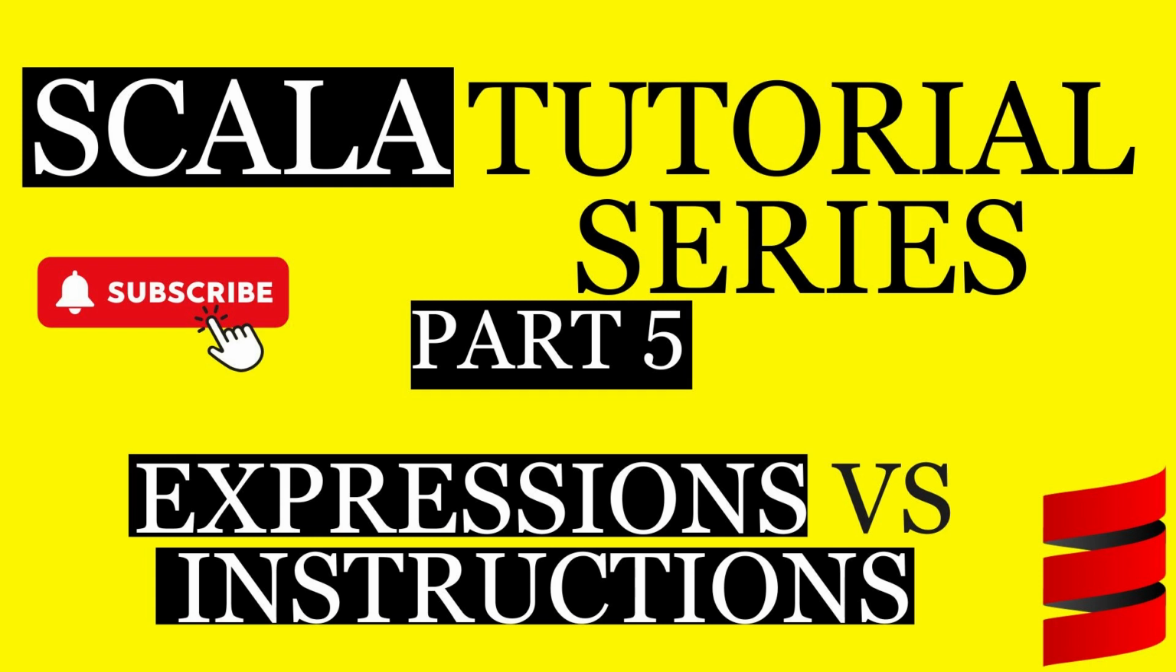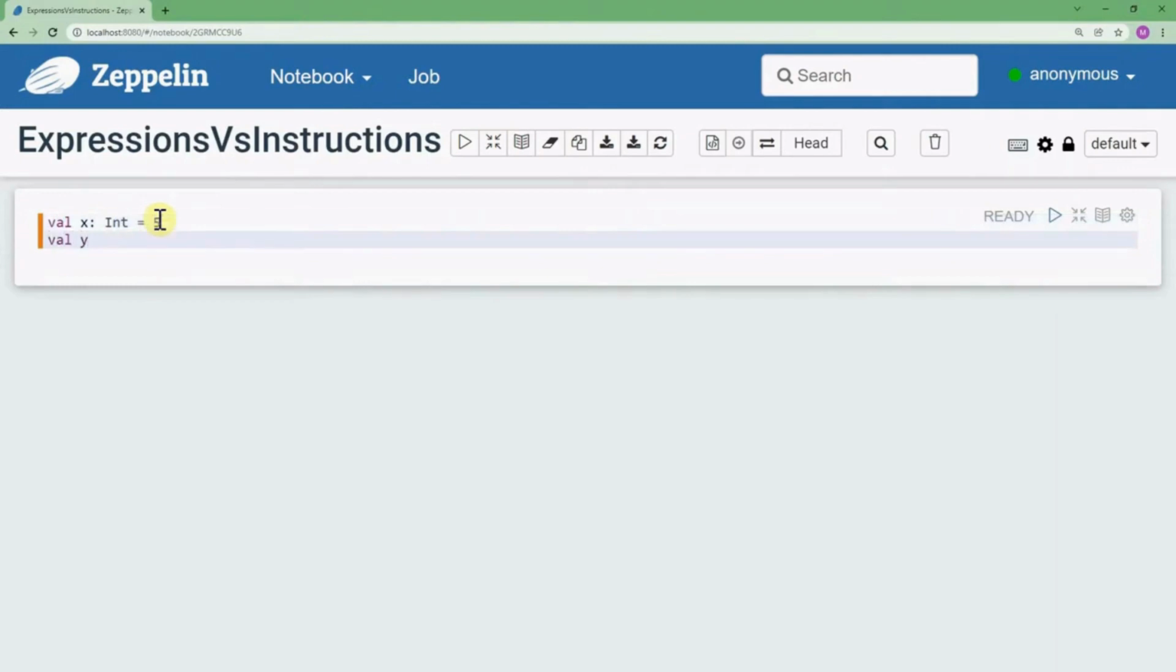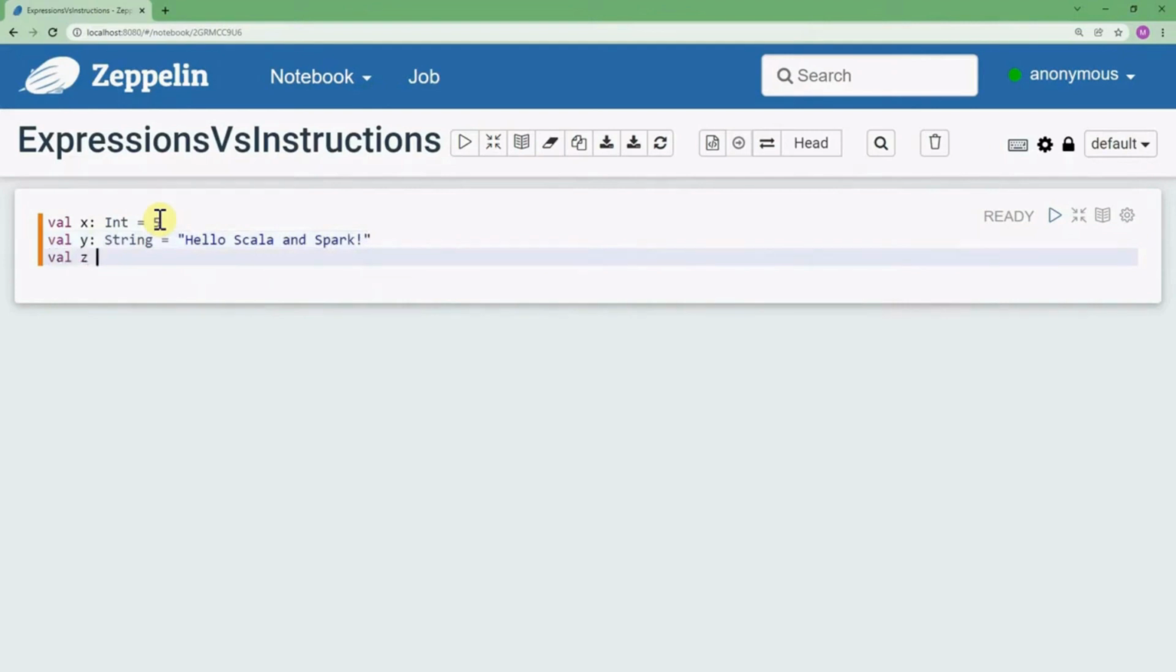Today I would like to introduce you to an important concept in Scala named expressions and compare them to their counterparts, which are instructions. To demonstrate expressions, let me define some variables here. For example, variable x with the type of Int equal to 5, variable y with the type of String equal to "hello Scala and Spark", and variable z of type Double equal to